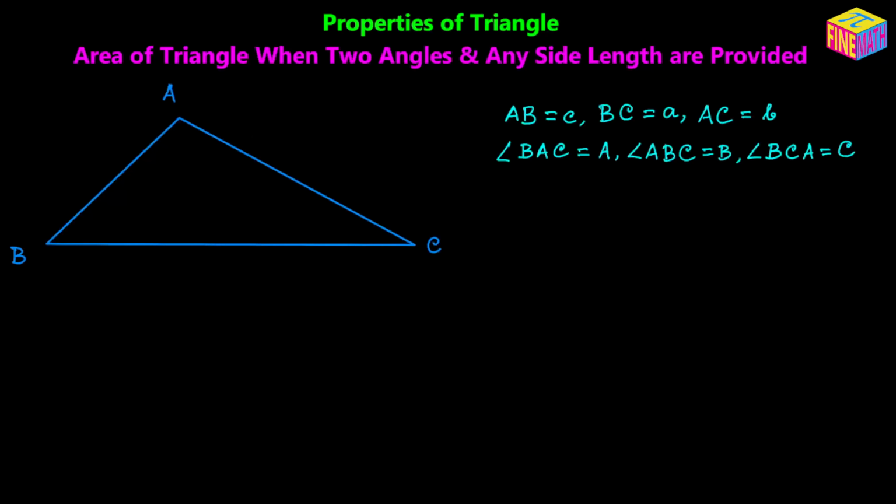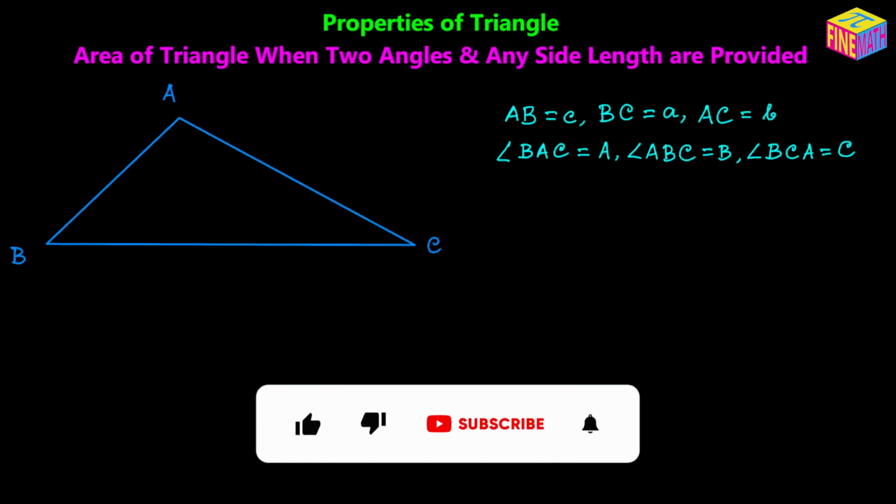Hi everyone, in this video we are going to see how to calculate the area of a triangle when two angles and any one side length have been provided. Let's suppose we have a triangle ABC, as you can see in the diagram, where the side length AB is denoted by lowercase c units, side length BC is denoted by lowercase a units, and side length AC is denoted